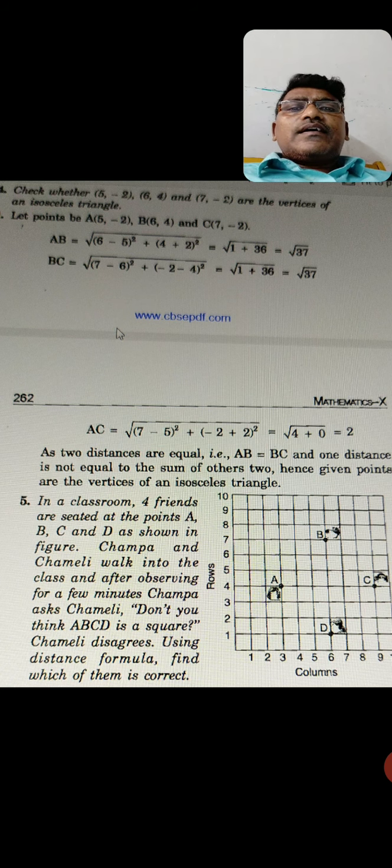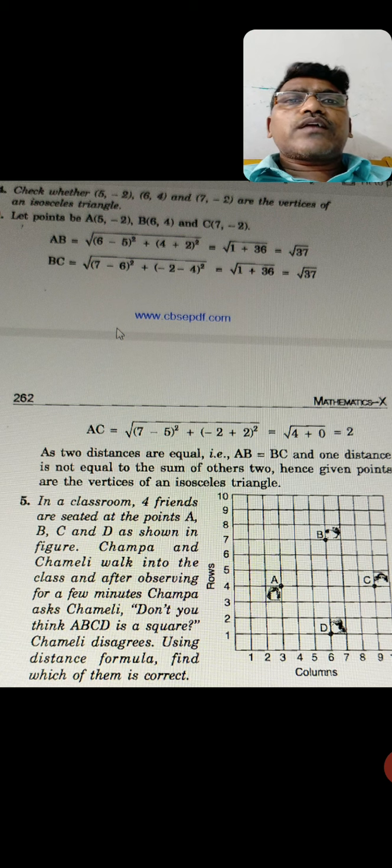So here they are sitting, and the places are named A, B, C, D. The important thing about this question is that the coordinates are not given, so we have to find the coordinates. See here, you start from point A, go along the x axis 3, and along the y axis 4. So your coordinate point is 3 comma 4. The x coordinate will come first, so 3 comma 4. I mean the A coordinate is 3 comma 4.